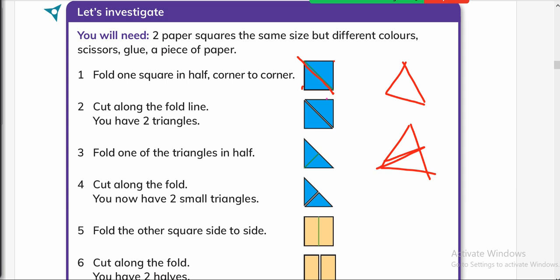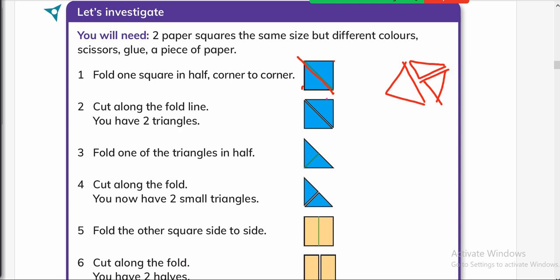Okay, fold one triangle in half, cut along the folded line and make two smaller triangles, like one big triangle, the other one would be this small triangle, like this. One big triangle, two small triangles. Like when you cut the sandwich even smaller. Fold the other